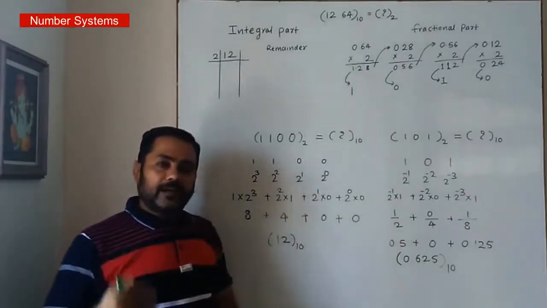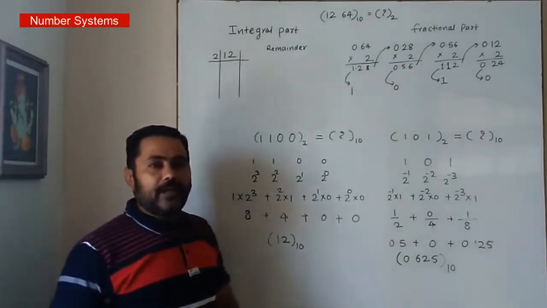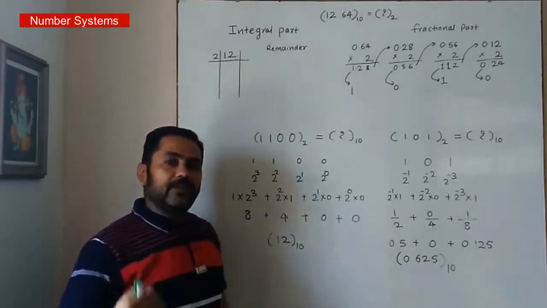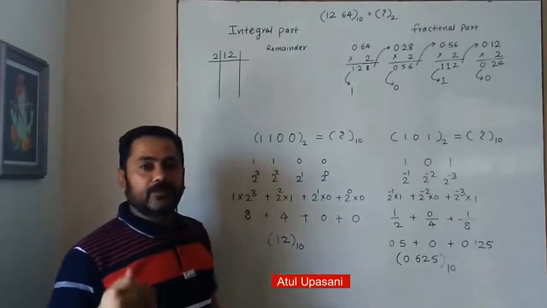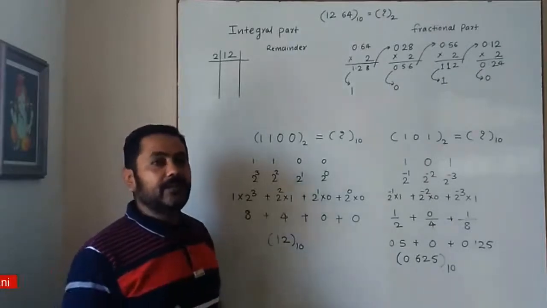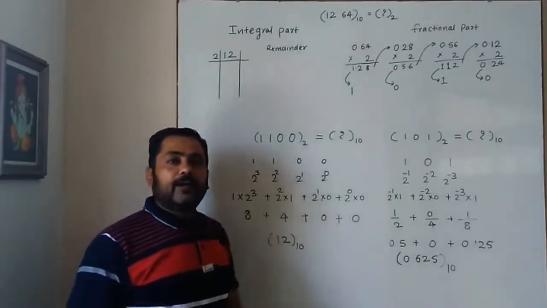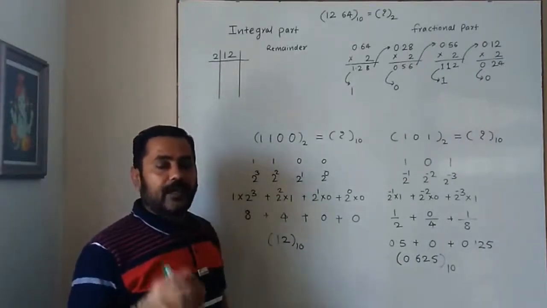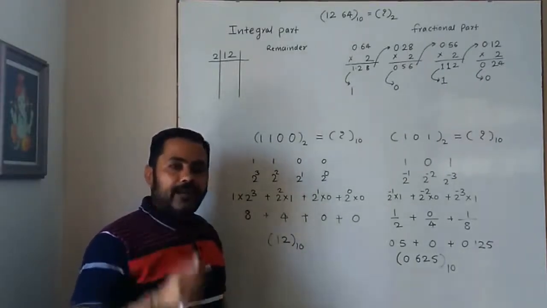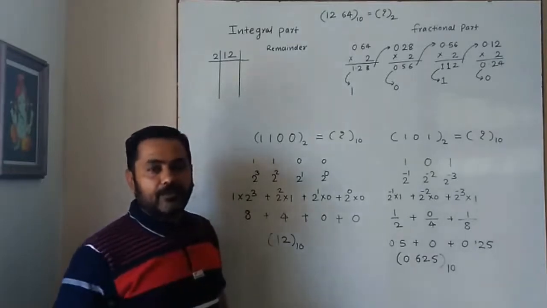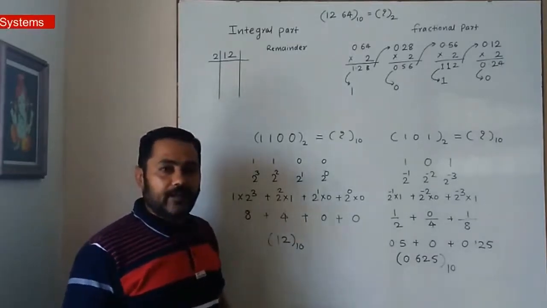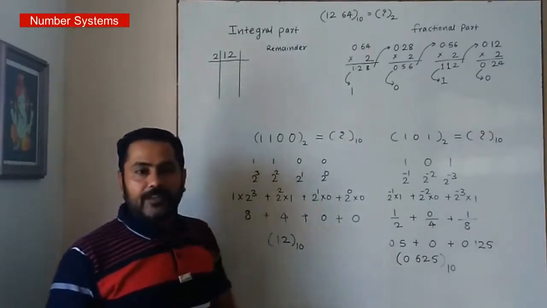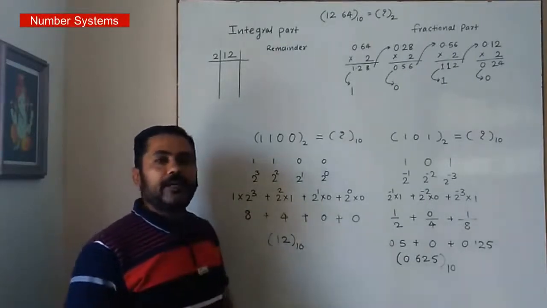When the data is to be fed in the computer, at that time decimal numbers are used, and these decimal numbers have to be converted into the machine language, that is, the binary format. But in the machine, when the data has to be processed, the binary number is not sufficient because it will take more bits to represent any character, any symbol or any number. So for this it is converted into hexadecimal.